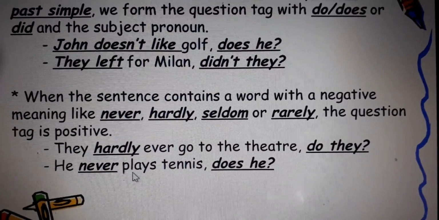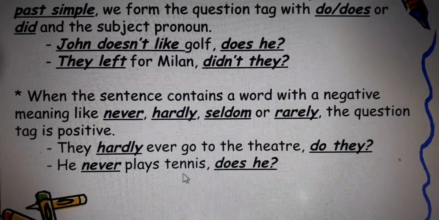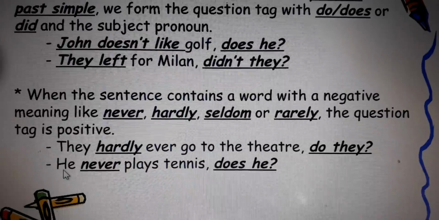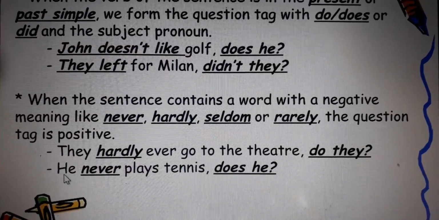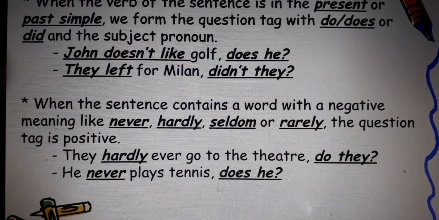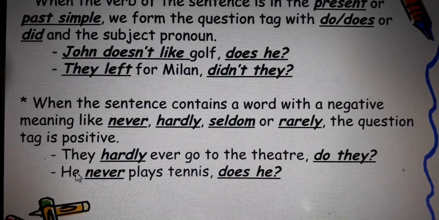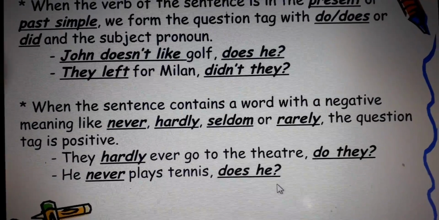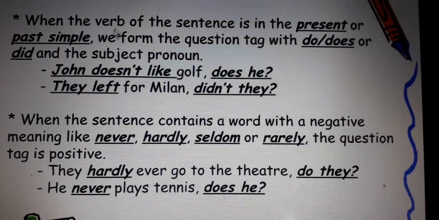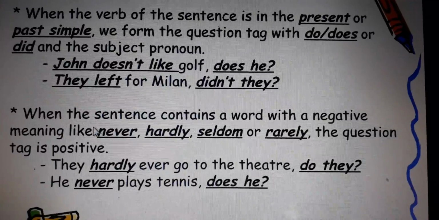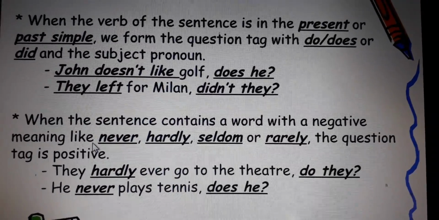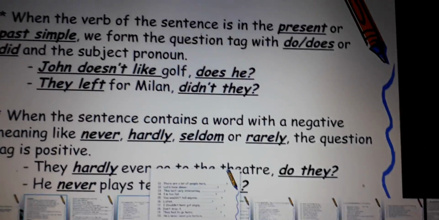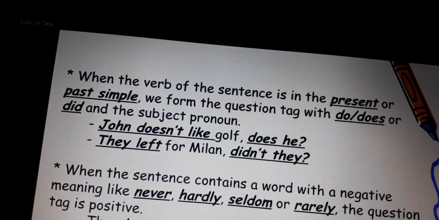Now how does? We'll see the verb, plays. Plays is in which tense? Present tense. We will see the subject, he is a singular subject here. So for the singular subject we use does followed by the pronoun he with a question mark. That is how question tags are formed. So I hope the three cases where we discussed the formation of question tags are clear to you. Next, let's do the practice of question tags.